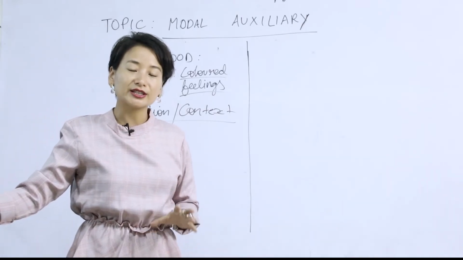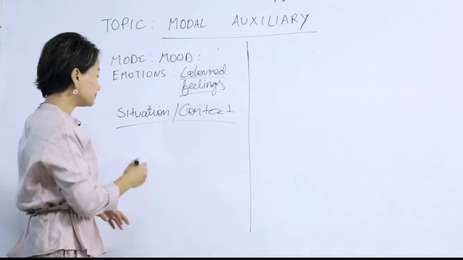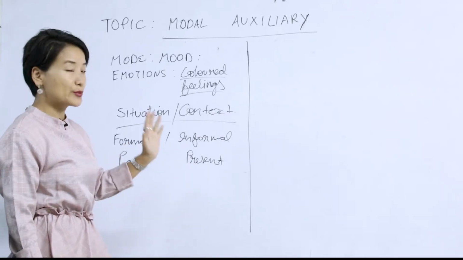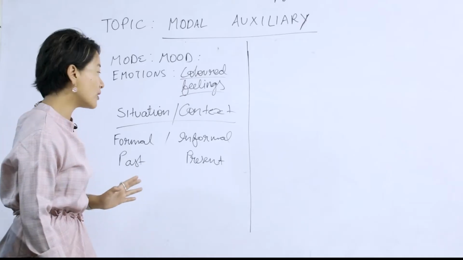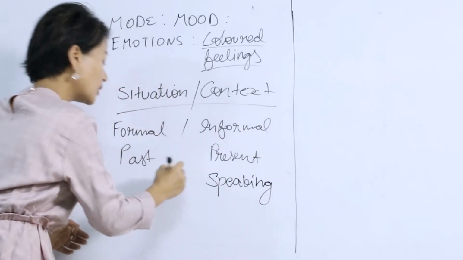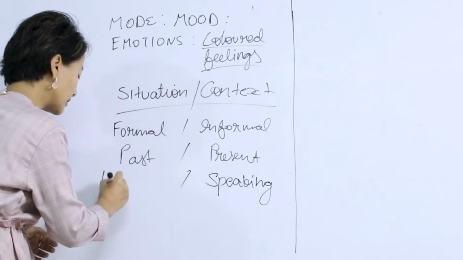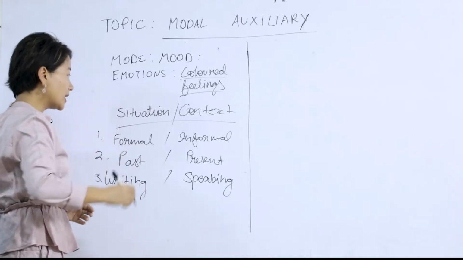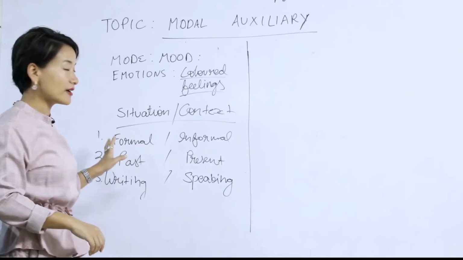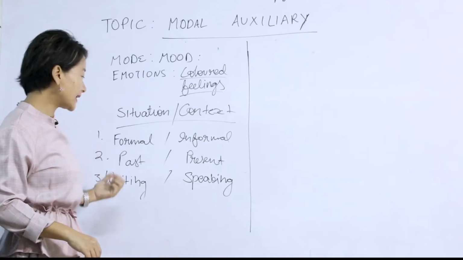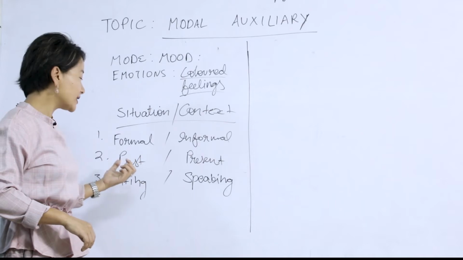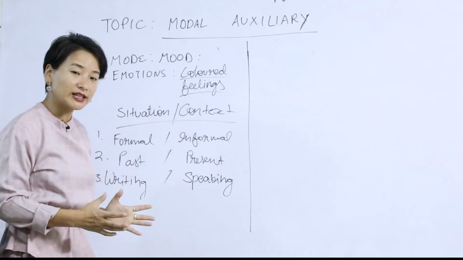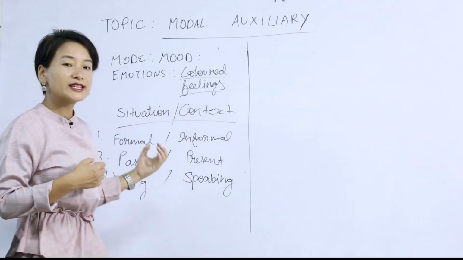Now, context here can be different kinds of things. It can be formal or informal. It can be past or present. It can also be whether you are speaking or writing. So let me number it in this way. Under situation and context, the first point that we have is whether it is formal or informal. Second one is whether it is in the tense, past or present. And the third one is writing, whether you are writing and using it, or whether you are speaking and using